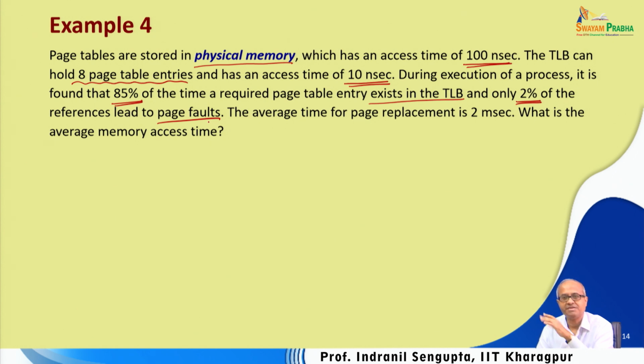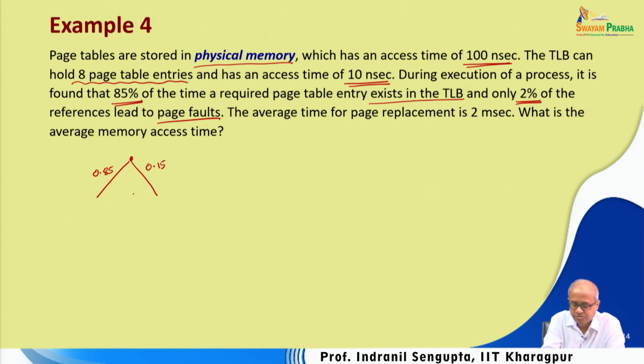Okay. This is what is mentioned. Now, there is a TLB coming into the picture over and above the virtual memory thing. So, let us try to make the probability tree here. Whenever memory access is done, first TLB is consulted, right, not the page table. First you see whether the requested page information is present in TLB or not. It is mentioned 85% of the time it is there in TLB. So, the first step will be with a probability 0.85, it is found